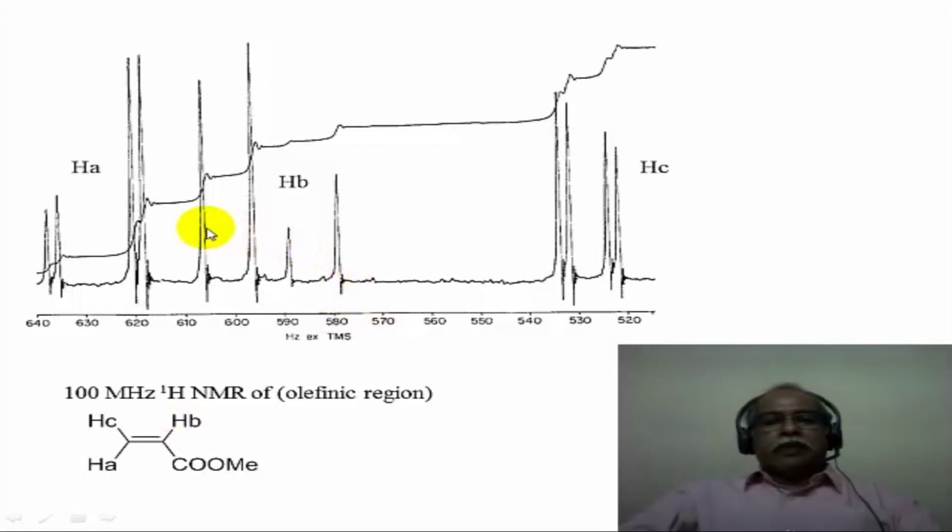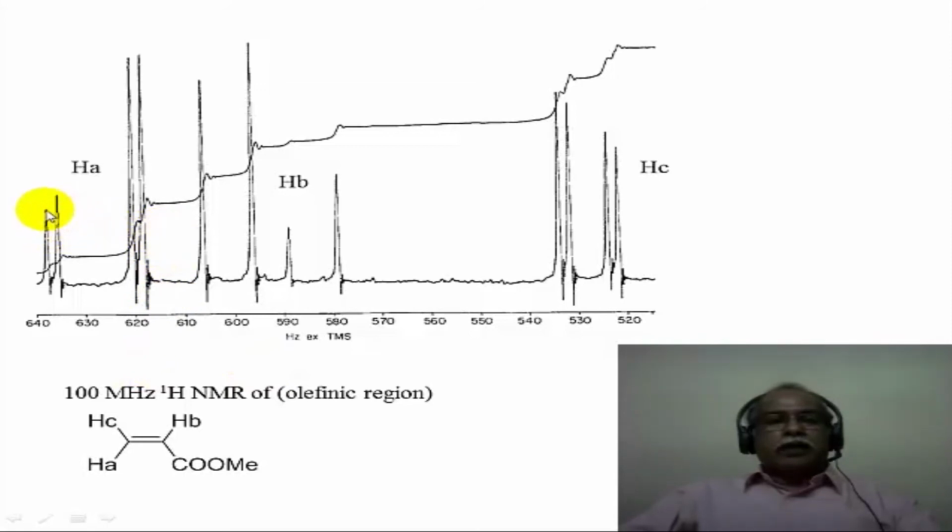Now the gap between these two lines, starting from here, if you call this line 1, line 2, line 3 and line 4, if you take the difference between line 1 and line 3 or line 2 and line 4, that would correspond to the trans coupling, which is this HAB kind of a coupling that is seen here. The center of these lines and the center of these lines, if you measure the coupling constant, that would correspond to the BC kind of a splitting pattern that you have here.